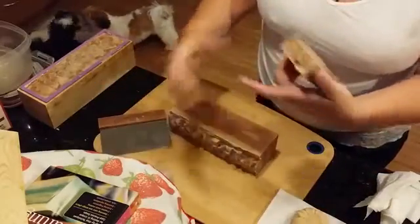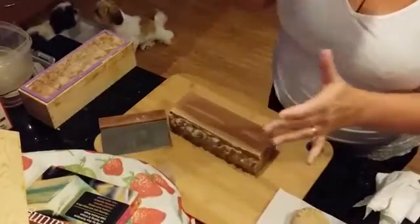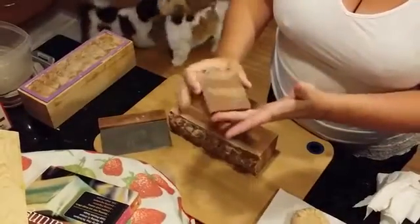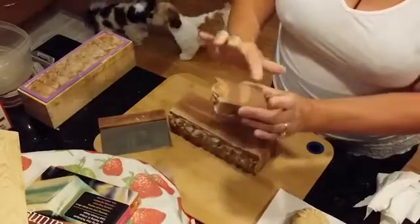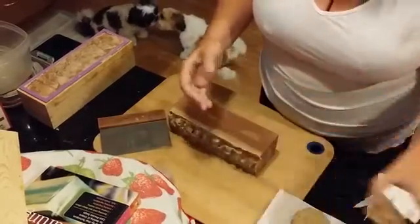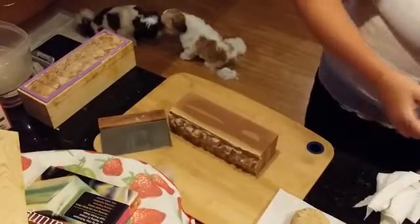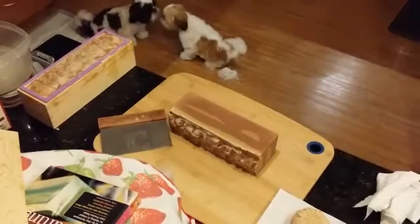And very nice. You see how you've got the layers of color? Oh, it smells beautiful. Just beautiful. And that cut pretty nice, so I think I'm going to continue on. I'm going to set this over here. And actually,